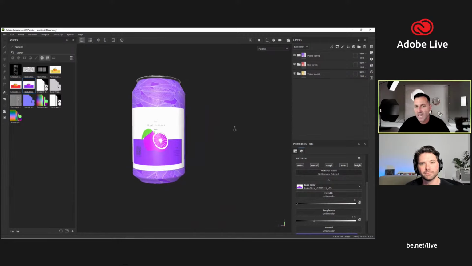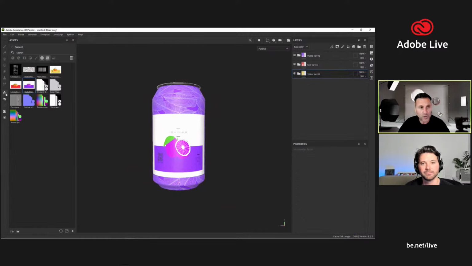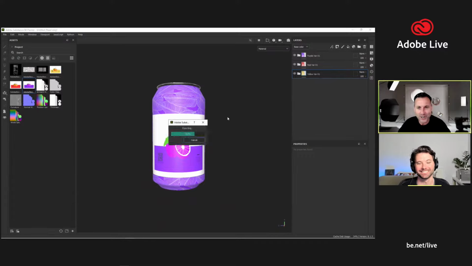Awesome. So what I want to do here is now send this across to Stager. So what I do here, I've got a little icon. It says send to Substance 3D Stager. That's easy. Yeah, exactly. So I don't even have to push the launch button. That's how easy it is. So I'm just going to click on that,